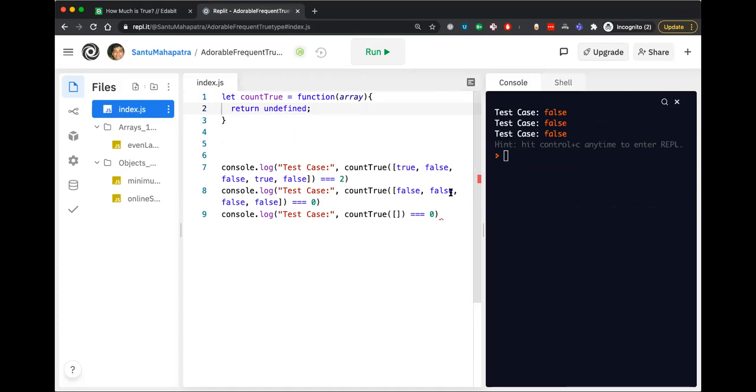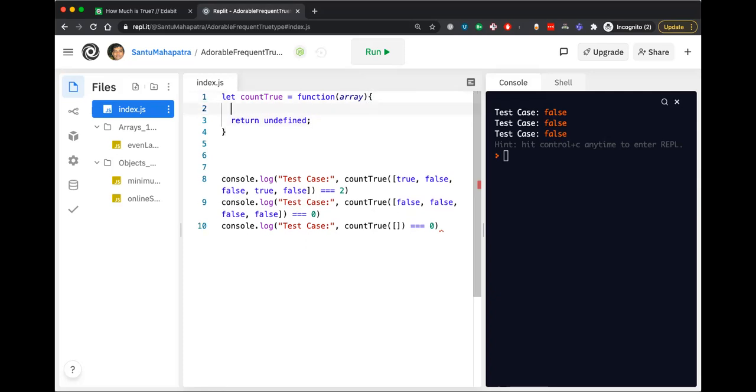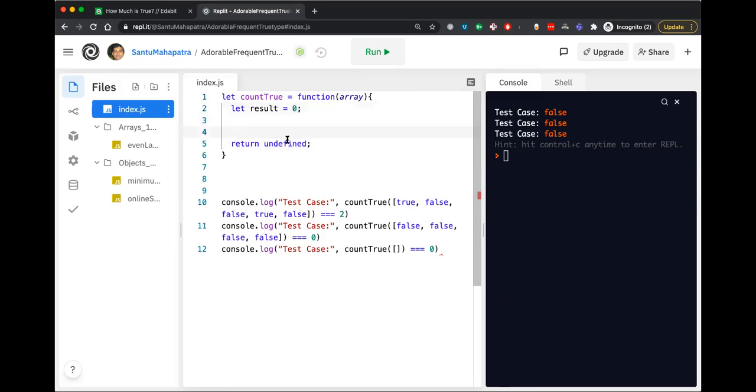So all my test cases are returning false, because I'm expecting 2, 0 and 0 and it's returning false, right? So let's do this. Let's initialize my result as 0 and we will return the result.